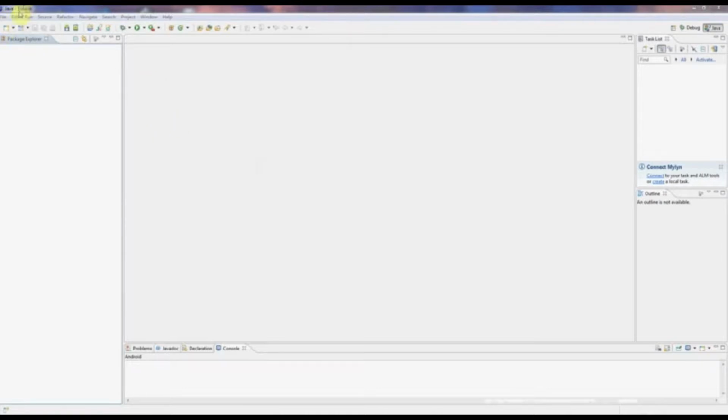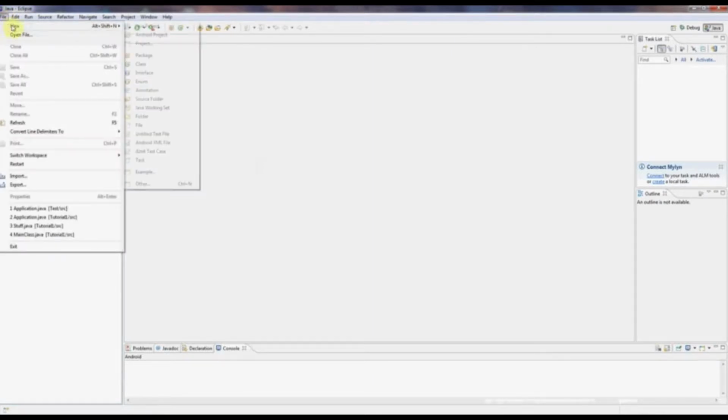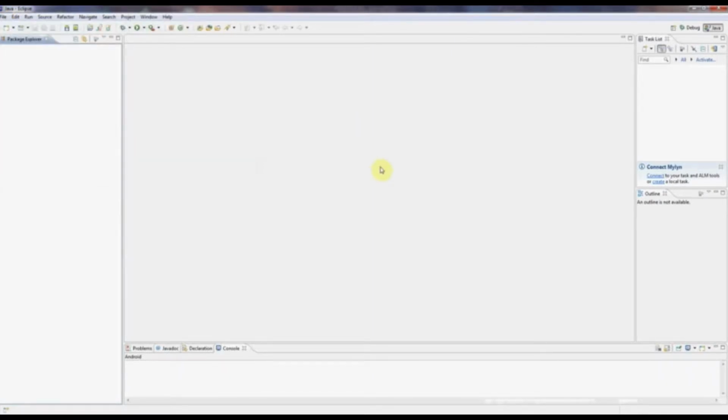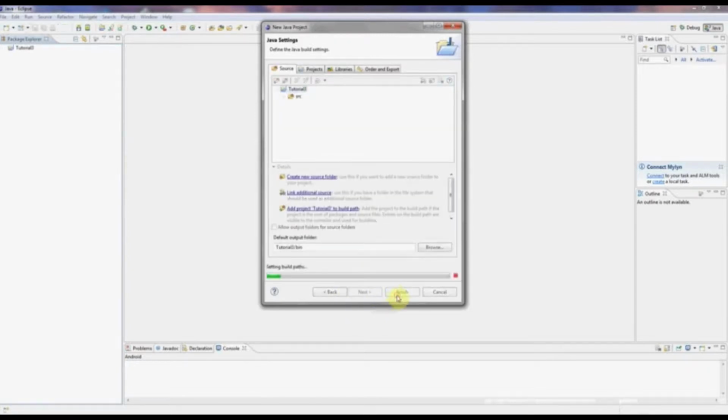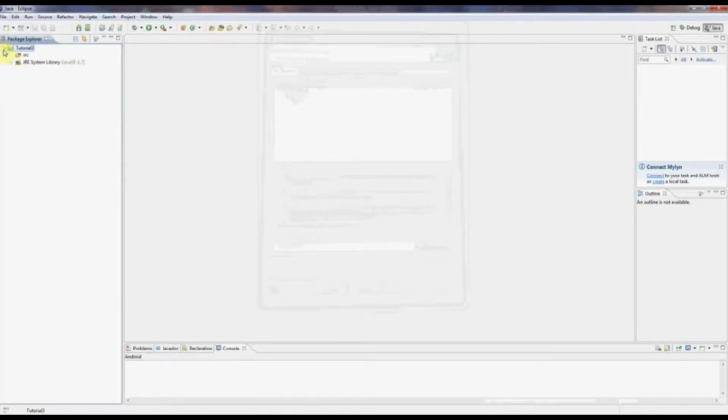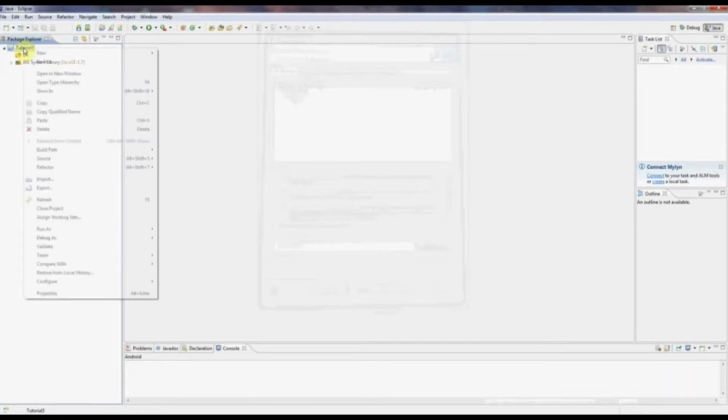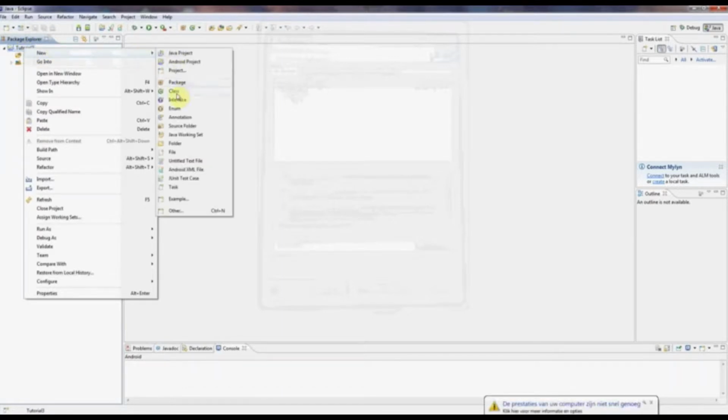So I'm in Eclipse as usual, and I'm going to create a new Java project, and I'm going to give it a name. Let's call it tutorial 3, and click next and finish. Now, as in the first tutorial, we're going to create a class which will be the only class in our little test program here. I'm going to right click on the project folder and go to new class,